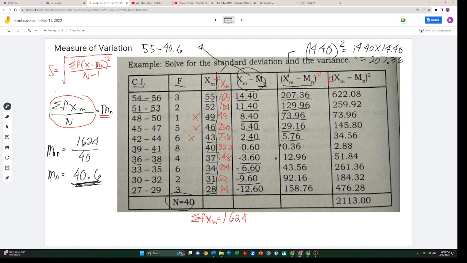Negative times negative, positive. 3.60 times 3.60, positive 12.96. Negative 6.60 times negative 6.60, which is positive 43.56. Negative 9.60 times negative 9.60, which is 92.16. And so on and so forth. Okay? Sunod ana,